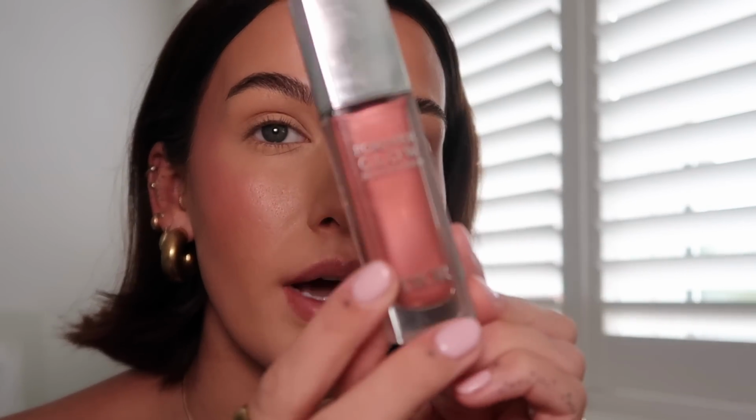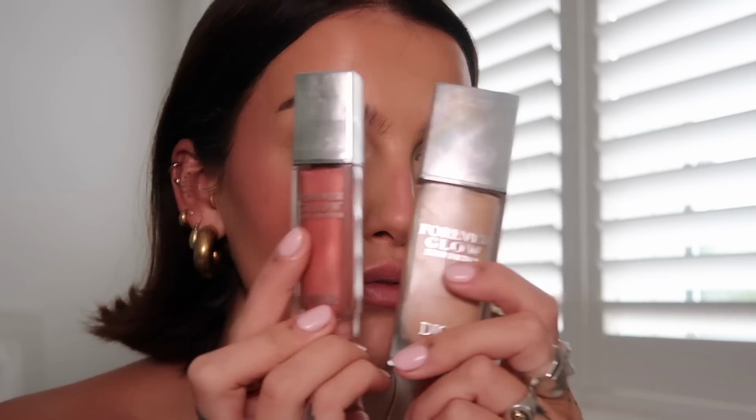It's matte. I feel like it looks like it's got a shimmer to it, but that is literally just that Dior thing coming through even after we've set. It is so glowy. And then I'm going to run that across my nose. I'm going to take a bit of the Forever Glow Maximizer from Dior. This came out with the launch of this, so these two together, insane. This is the shade Rosy, so it's like a nice